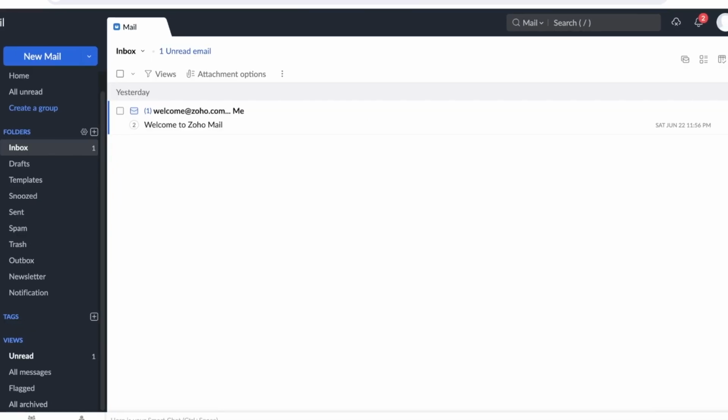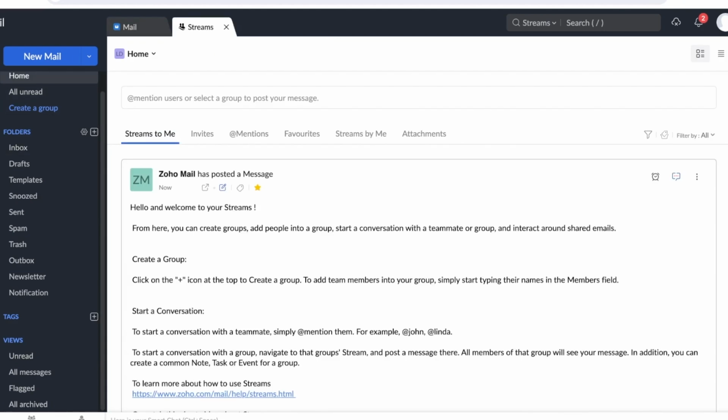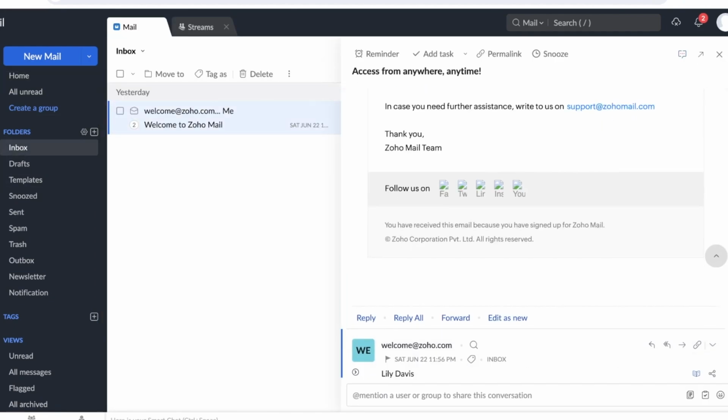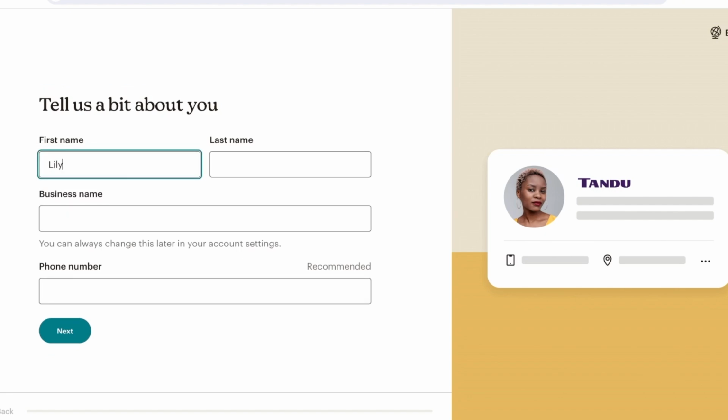So go on ahead and create your account, and once you have created your account, you are just going to verify your account as well. So we're just going to verify our account on Mailchimp like so. Once we have completed our basic verification, we're going to proceed with our account setup. So we're going to add our business name, our first name, last name, phone number, and some other onboarding queries